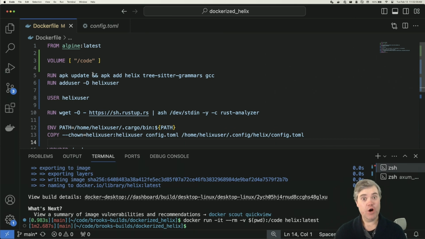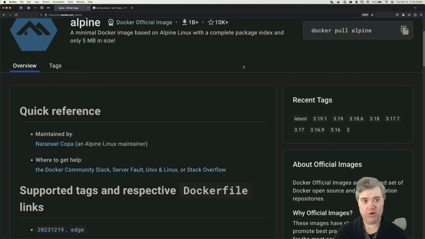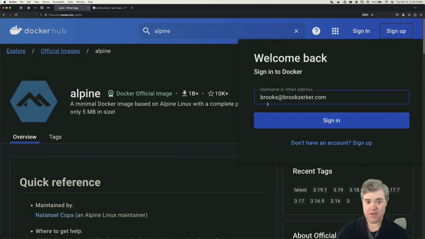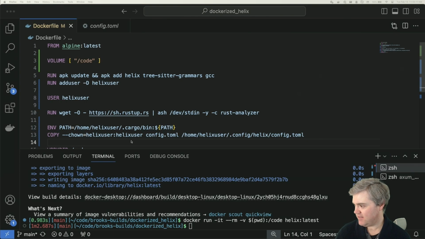And to do that, we need to deploy this to Docker Hub. So that's pretty easy. First off, you need to create an account on Docker Hub. So up here, you can sign up. Now, I already have an account on here, so I'm going to just go ahead and sign in and put in